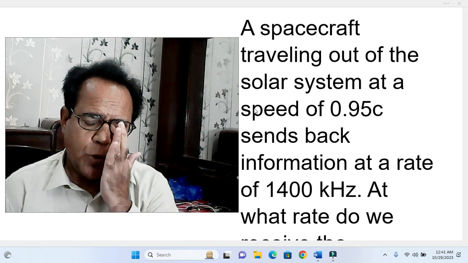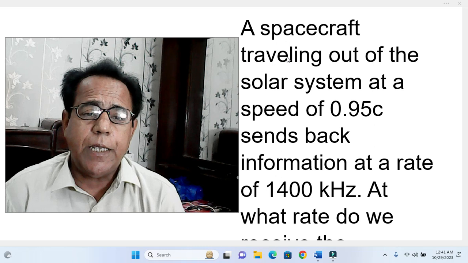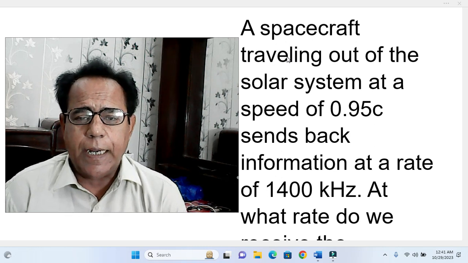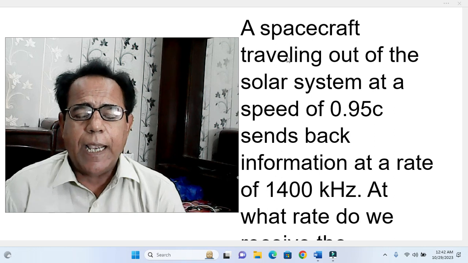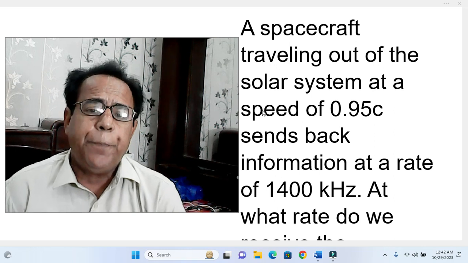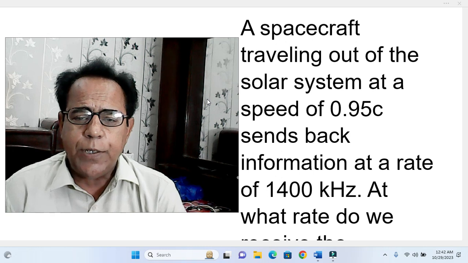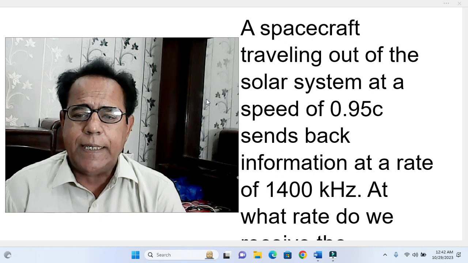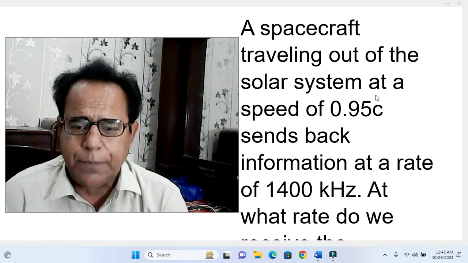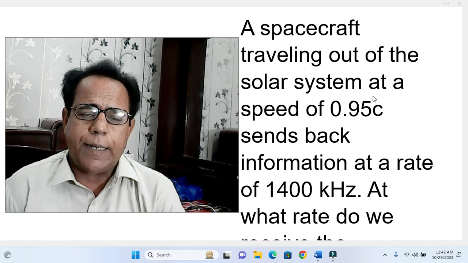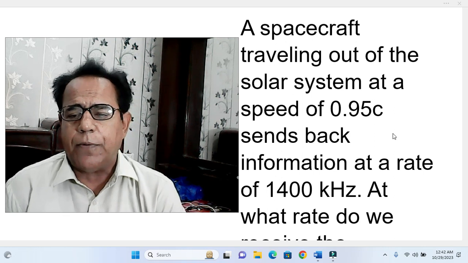This is our next problem having been chosen from the same book, Modern Physics by Stephen T. Thornton and Andrew Rex. As usual, we first come to its statement. A spacecraft traveling out of the solar system at a speed of 0.95 c, where c is the speed of light, 3.0 × 10^8 meters per second, sometimes taken as 2.998 × 10^8 meters per second,